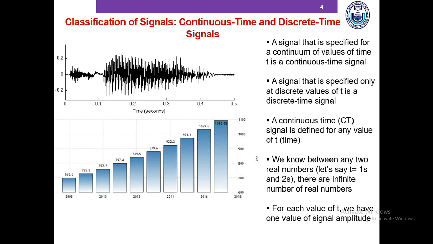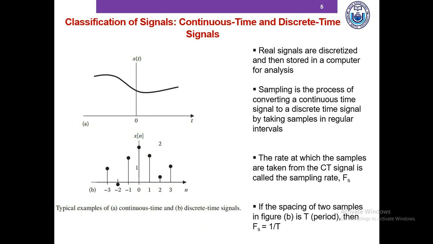We know between any two real numbers, let's say 1 and 2, there are an infinite number of real numbers. So for each value of t, or time, of the continuous time signal, we have one value of the signal amplitude. How then do we store an infinite number of signal amplitudes in a computer for a continuous time signal? Well,